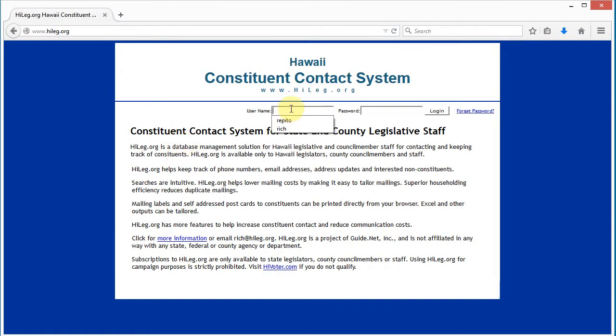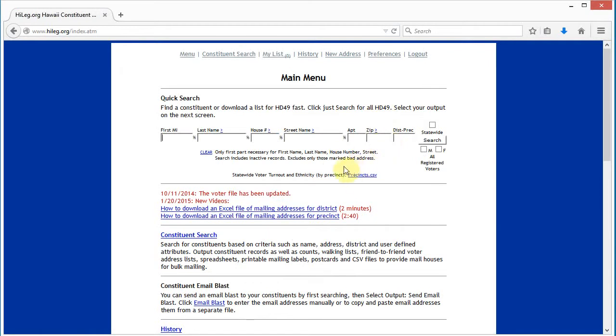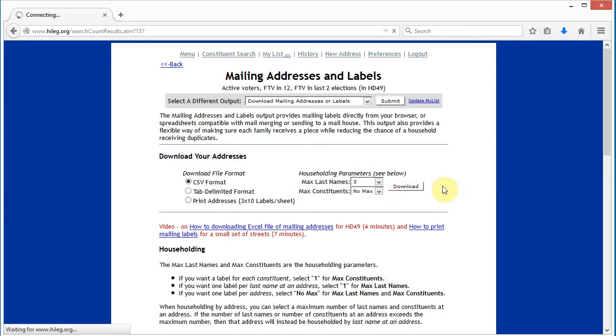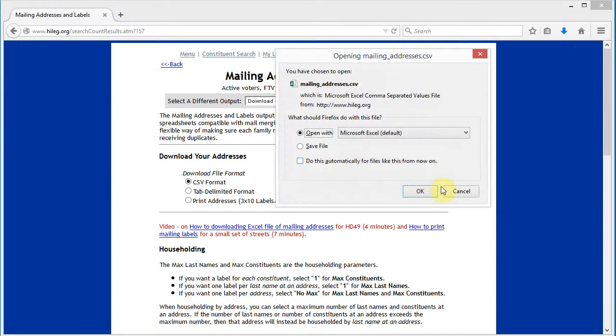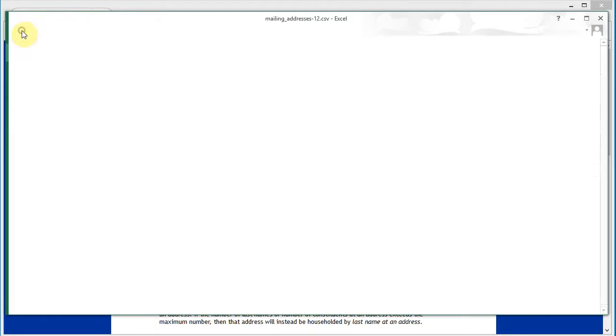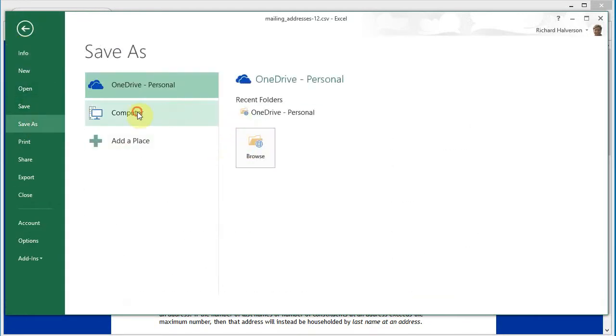and click here. And I'm going to log in as Rapido again. And I'm going to start by creating a complete full list for my preset for my district. Click mailing addresses, click submit, download the whole spreadsheet. And I'm just going to save this right now. Save as